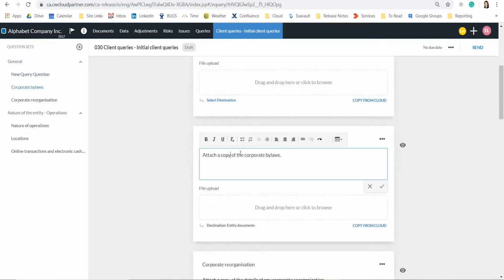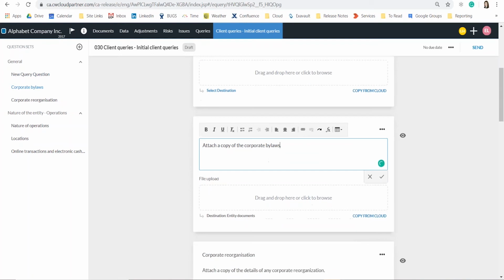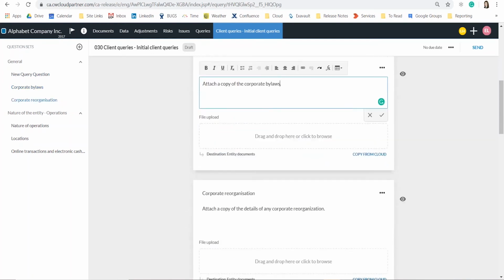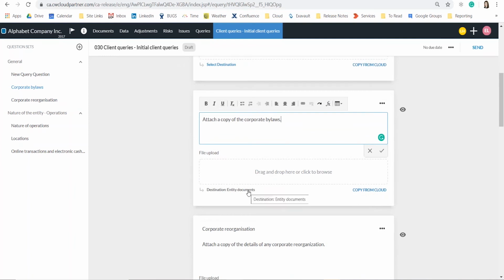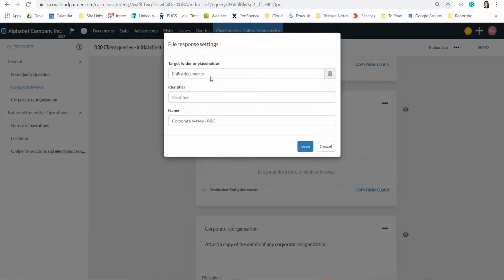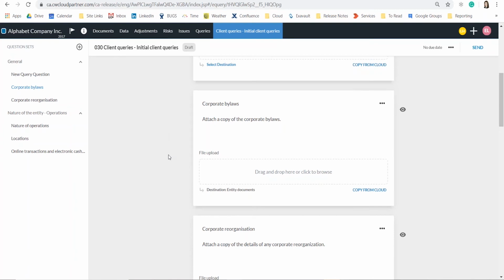I can also edit the contents of any query that's already there and edit any of the settings. So if I wanted to switch this from being an upload to a pick list or anything like that. I'm also able to edit the location or the destination when this file comes back. So this is again in setting which folder or placeholder, if I've included placeholders, that this document will slot into when it's returned. And beyond document requests, you can also request information such as questions related to understanding the entity,